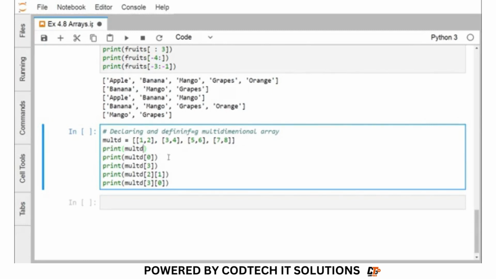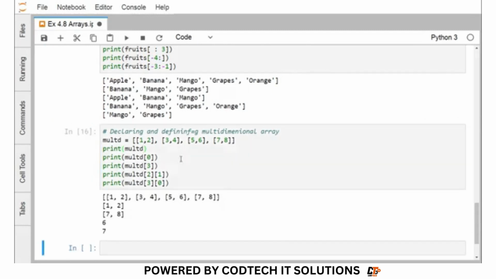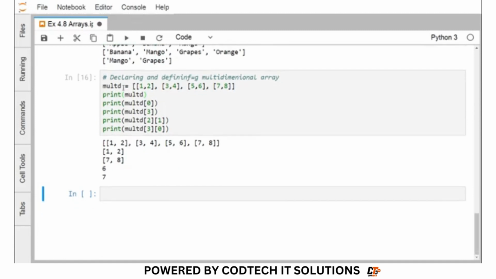So here we are going to have our multi-dimensional array. In the case of a multi-dimensional array, you can find that we are defining one array. Here the first element is another array consisting of 1 and 2. The second element is also another array consisting of 3 and 4, and so on. If you print this multi-dimensional array, you get the